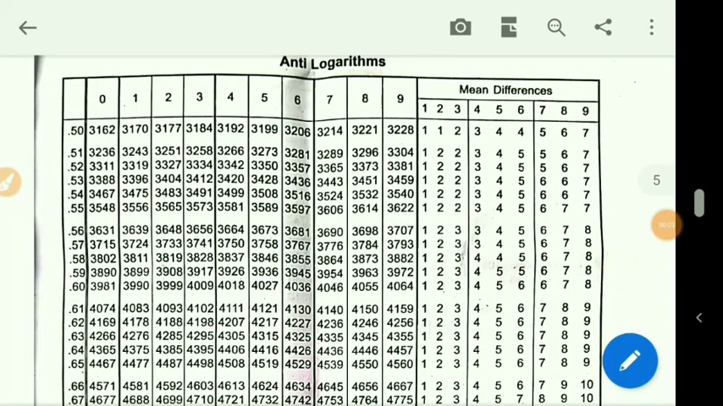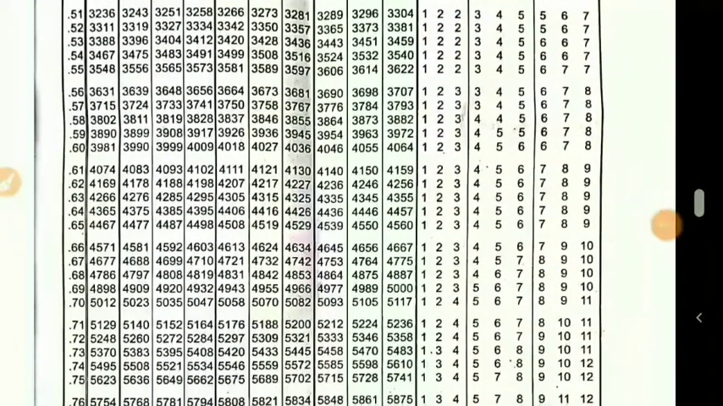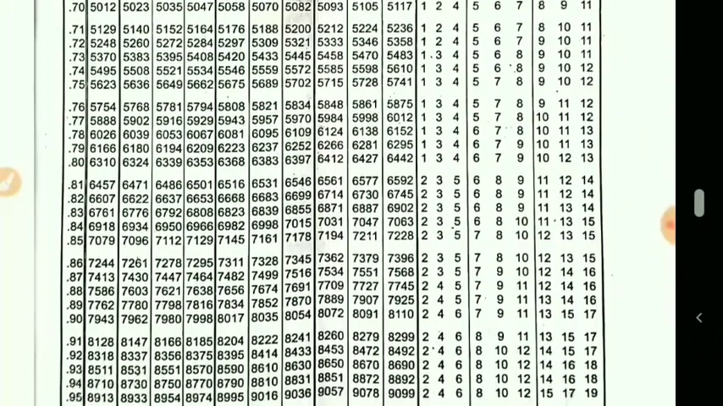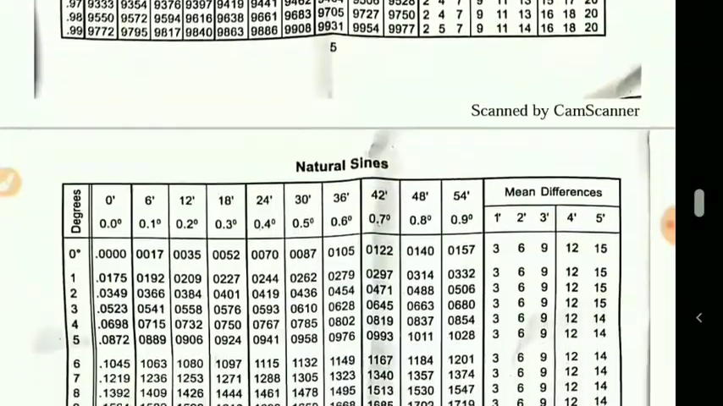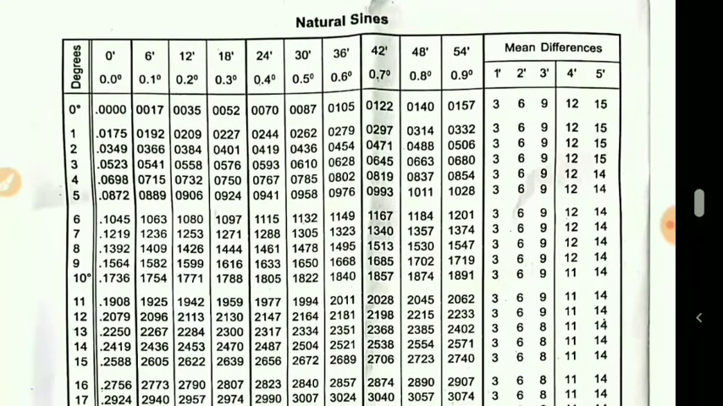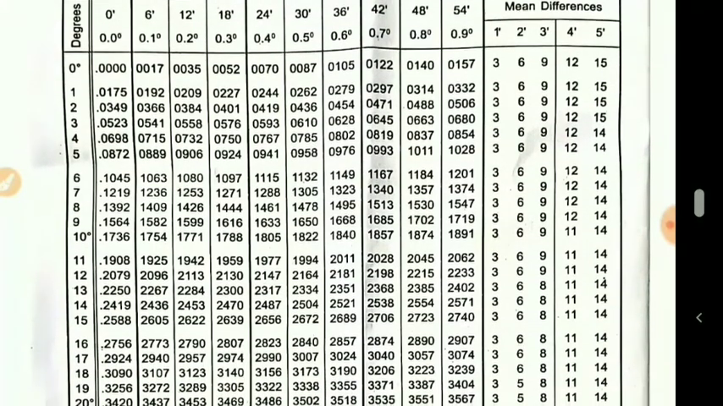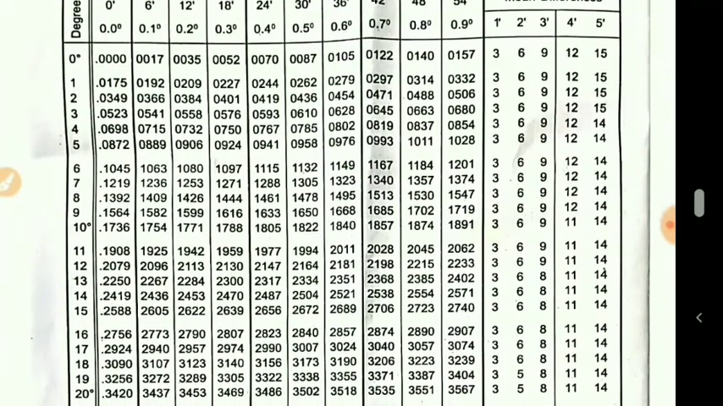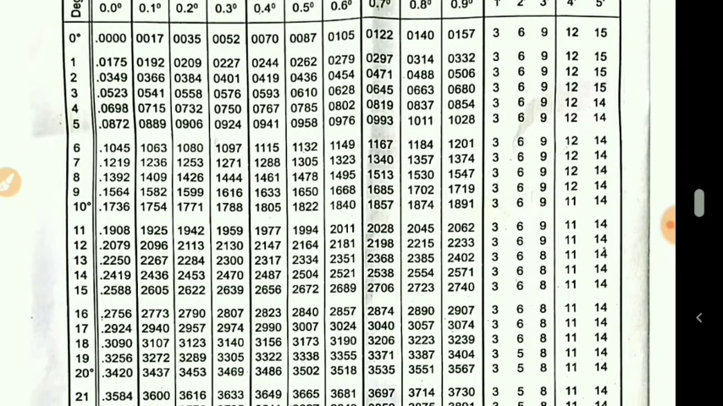So now in this logarithmic table, let us find the natural sine table. Here it is. This is the natural sine table. Now students, in this natural sine table, we want the value 0.3243, and so you can see here